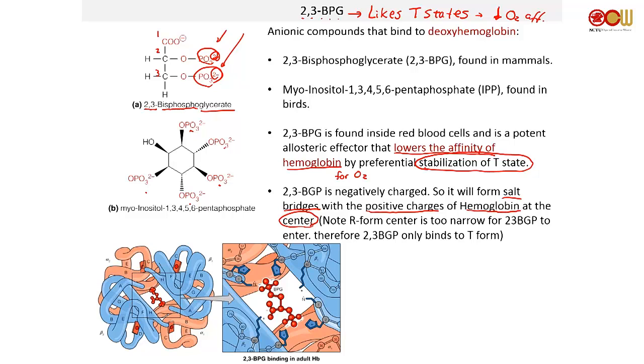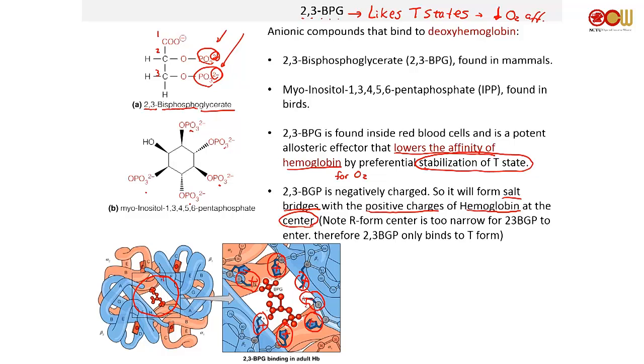the center. Okay, so at the center of hemoglobin, remember we said that the 2 alpha and 2 beta, it will have a center cavity. There's a hole in the middle of the hemoglobin. At the center, there are quite many residues that are positively charged. For example, you have the N-terminus amino group. You have histidine, okay? You have lysine, histidine, lysine. So you got a bunch of these positive